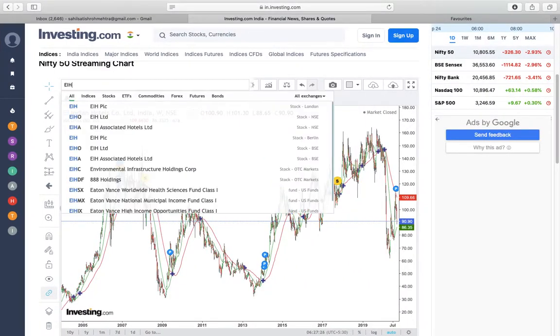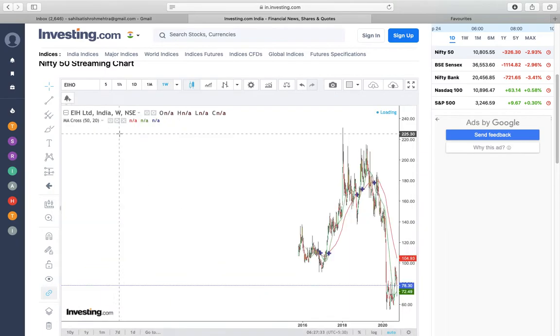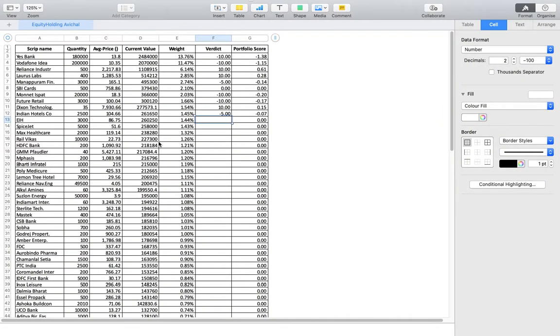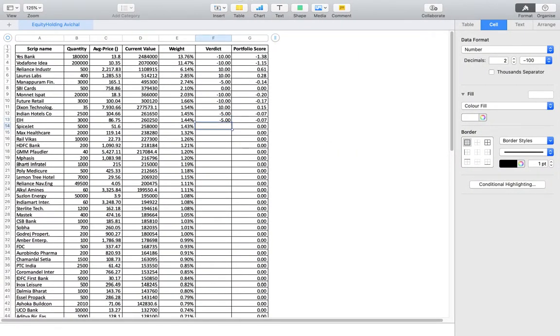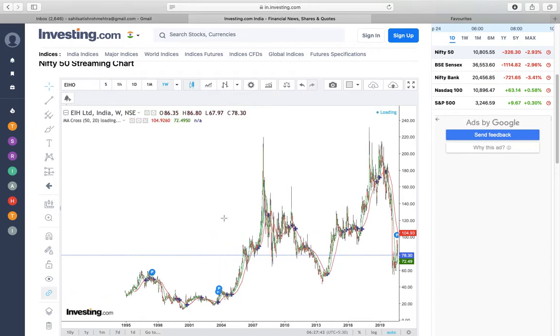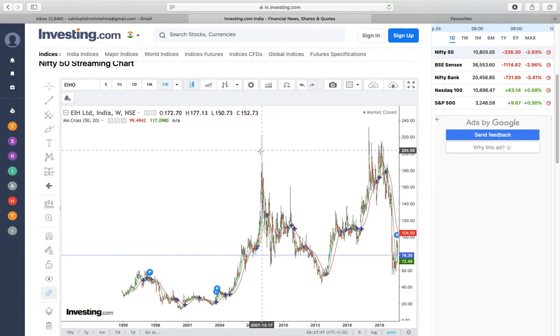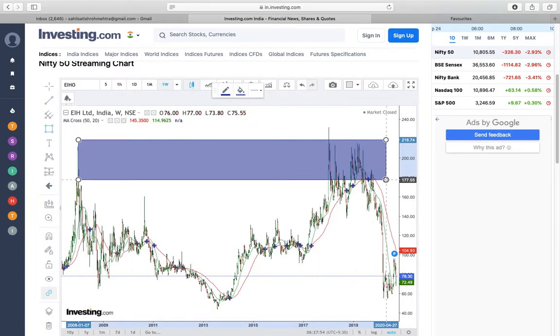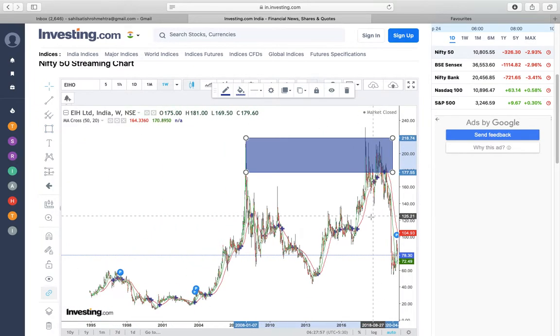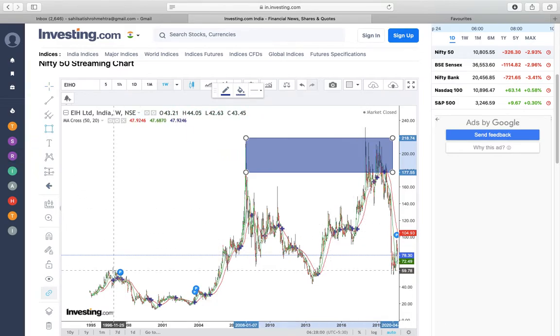EIH. I do not know which one it is. I think it's this one. EIH Limited. Oh, yeah. This is more like, I mean, we just don't want this, so I'll give it another -5. -5 because it's ranging, and when it's ranging, there is always a possibility of it coming and testing its previous highs. So say for example, I were to take a structure like this, we clearly see that this is the region to sell this. So there is always a possibility for it to reach there,